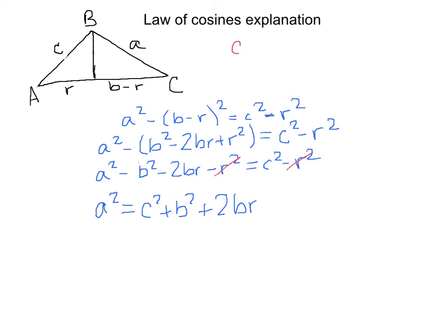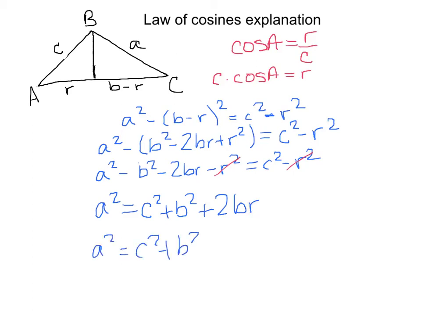If you look at this, the cosine of a is equal to r over c. If we solve this, c times cosine a is equal to r. So we're now going to substitute this in for r. So we're going to end up with